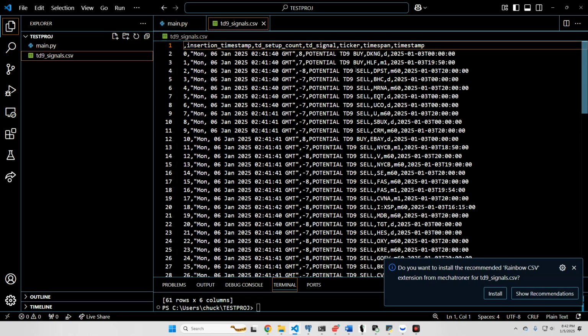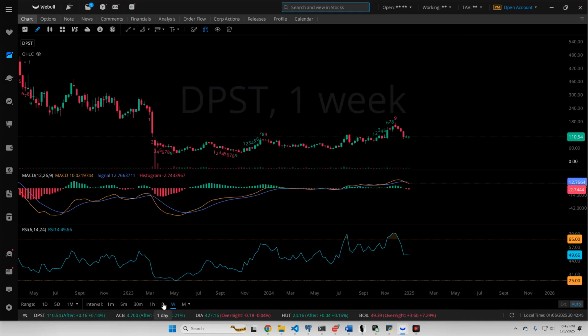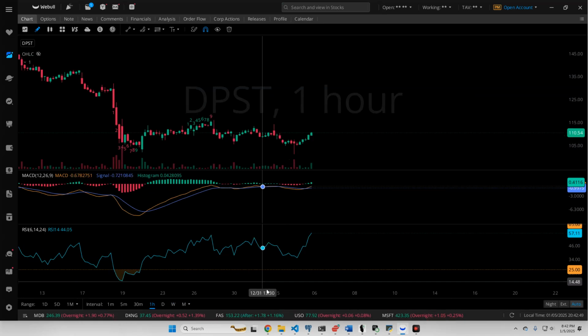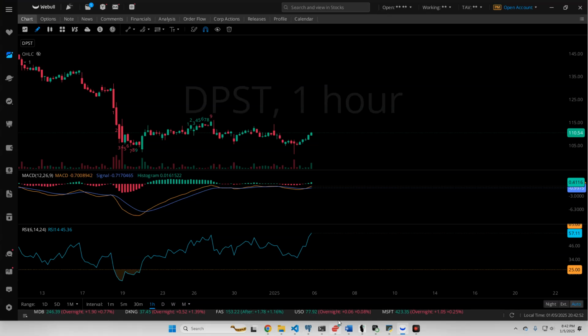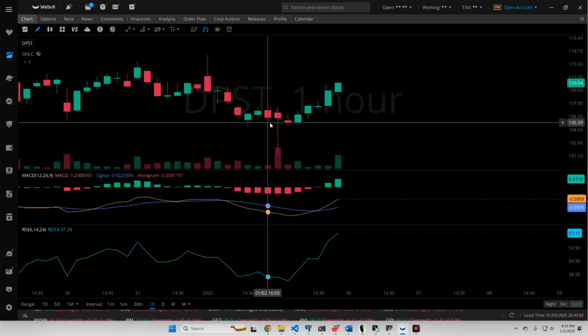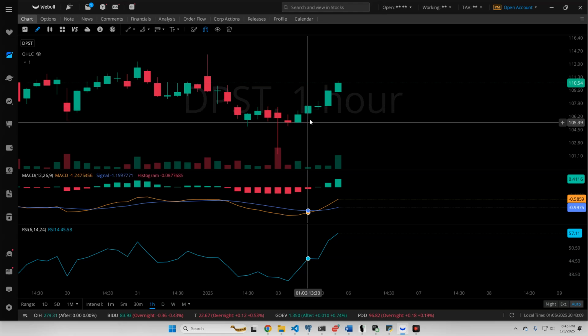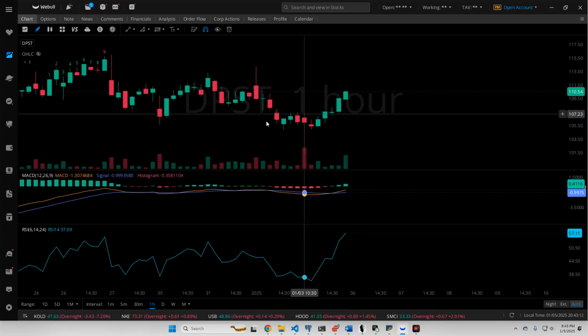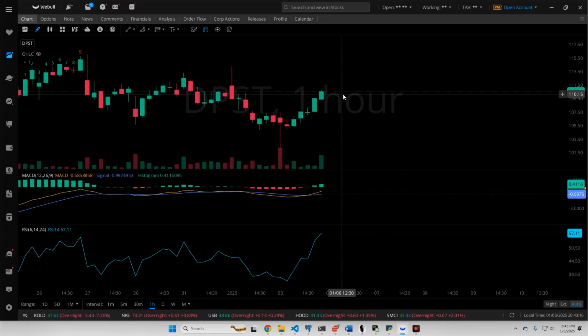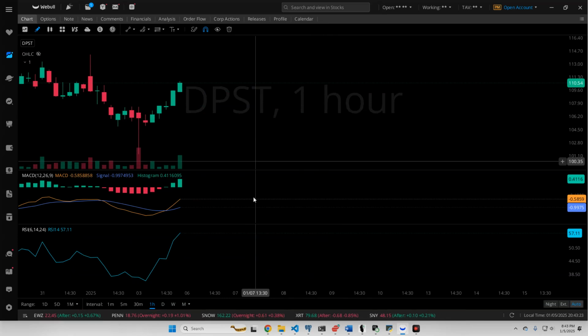So let's just look at this for a second. TD9 sell for DPST on the 1 hour. Let's go ahead and do that. So DPST on the 1 hour, and what number was it on? Let's see. It's on an 8. So now we go back here to the chart, 8. Let's see, 1, 2, 3, 4, 5, 6, 7. Yeah, it would be on the 8th count. So the next candle will be 8. So this was a potential TD9. So likely, I believe Webull starts to print the TD9 on the 8. So we should see a 9 on this DPST chart tomorrow,